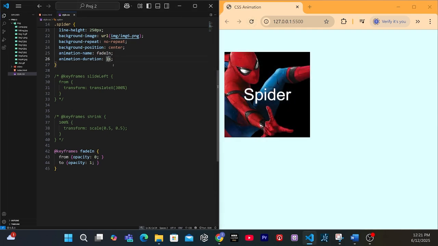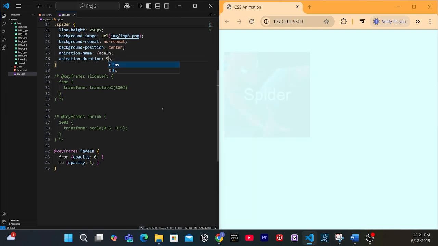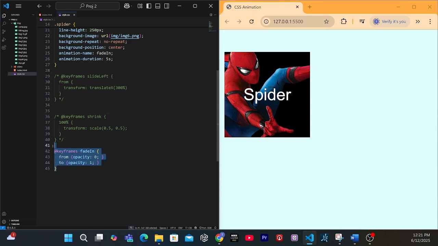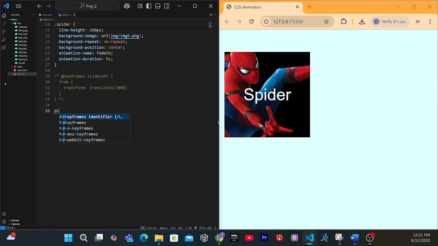Let's go 5 seconds. There you go. Now you can see that much better. Let's add a couple more keyframes here. I'm gonna just take that one out. I'm gonna take these 2 out, and we'll say add keyframe, color change, and we'll go different color changes,